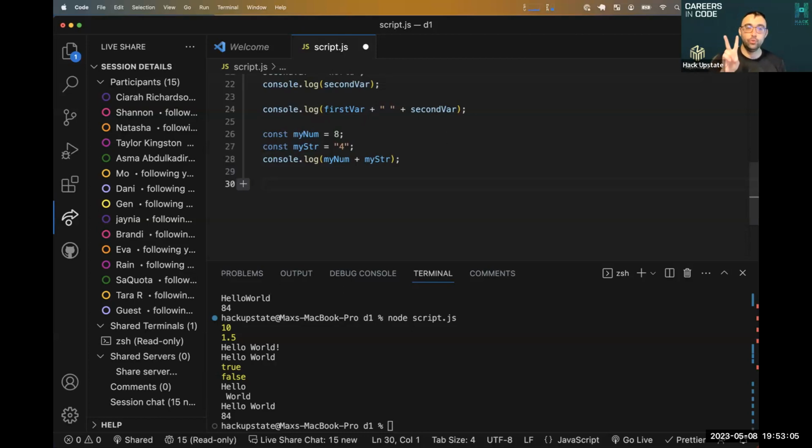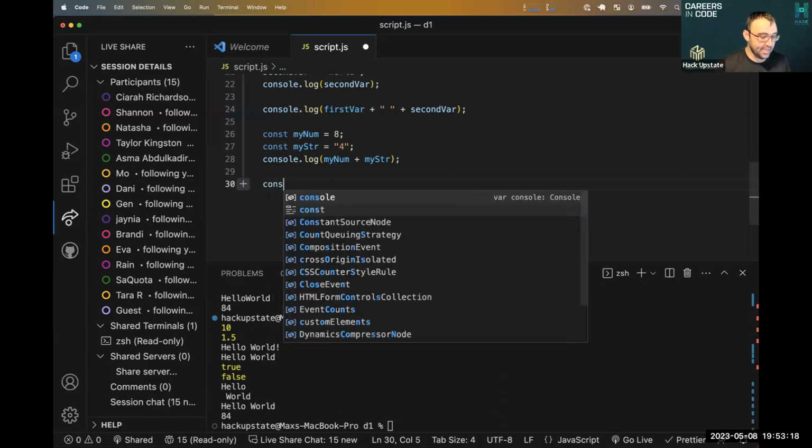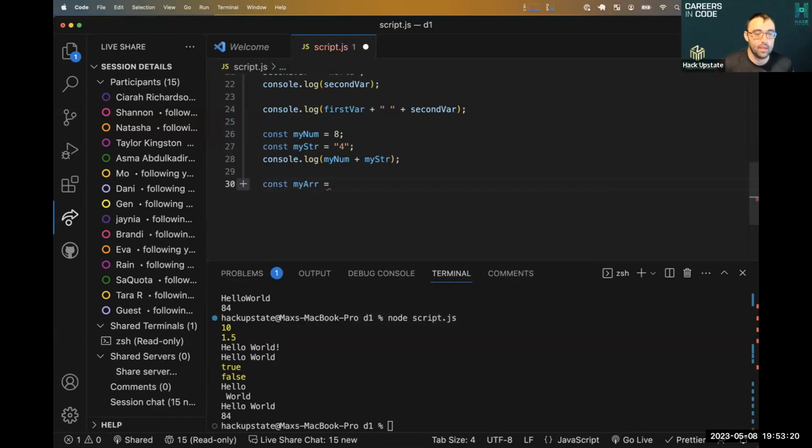Okay, we've got two more very important data types that we want to go over. One is called an array, and the other one is called an object. An array is just a list of data. So I'm going to say const myArray, and I'm going to use square brackets. Square brackets are underneath the minus and plus key. We've used curly braces or curly brackets in our CSS. This might be the first time that we're using those square brackets. I think we also use them maybe for the attribute selectors in CSS, but